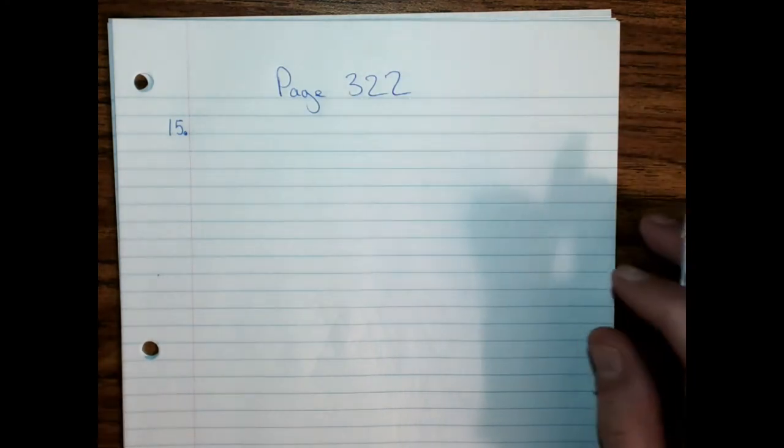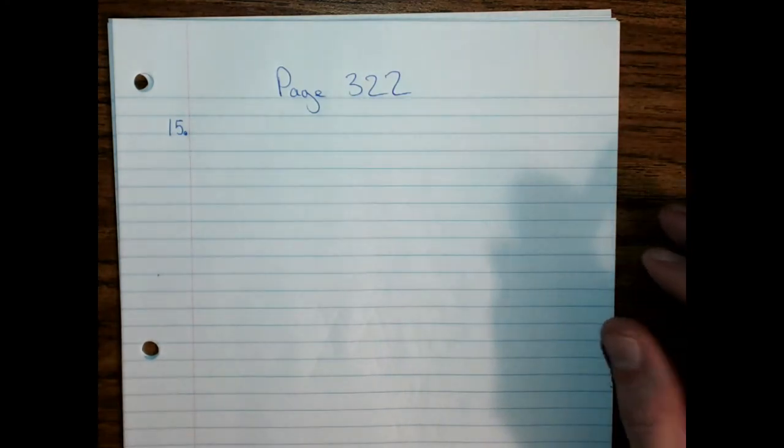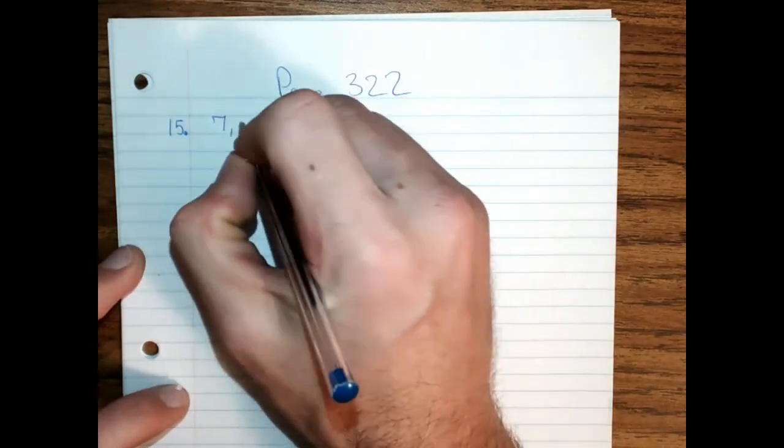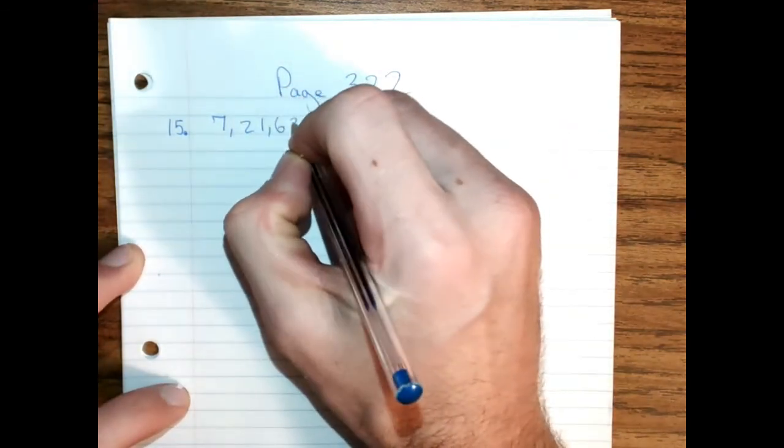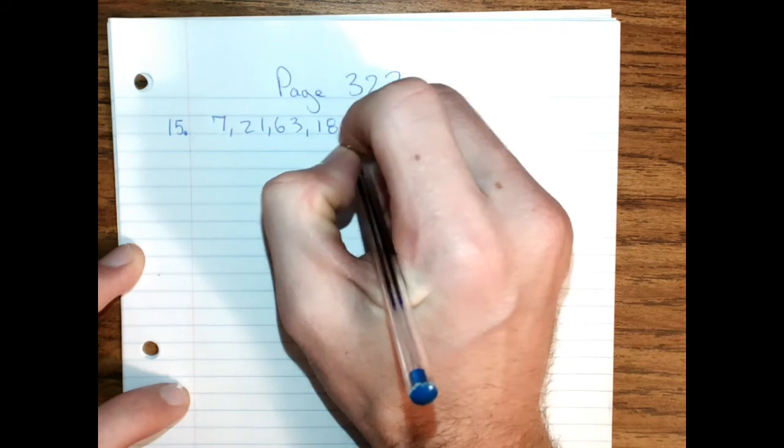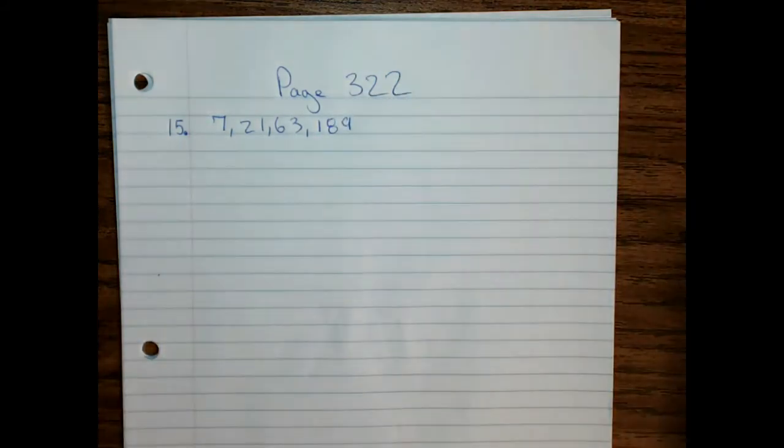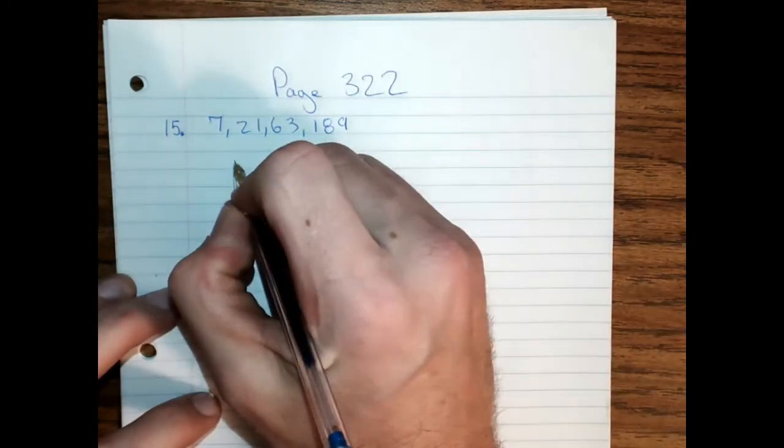So number 15, this is pretty easy. They want us to write this sequence, 7, 21, 63, 189, and they want us to write it in both recursive formula and then with sequence notation. So here's the recursive,